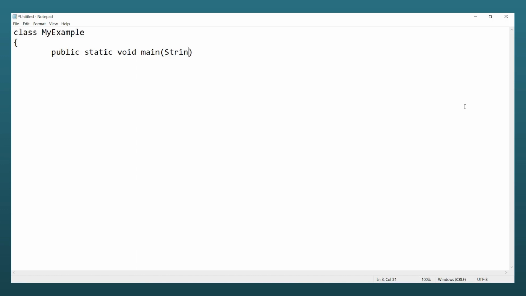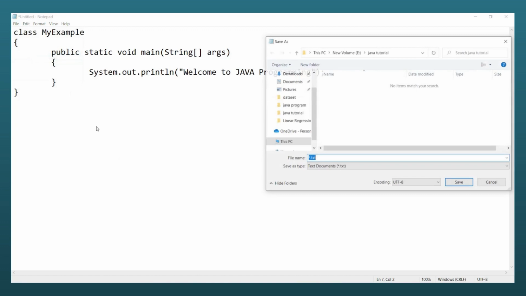Simply one program I want to show. One output statement: I will write System.out.println, "Welcome to Java programming." A simple program. My program name is MyExample.java.